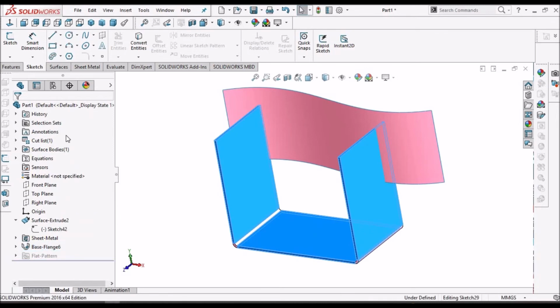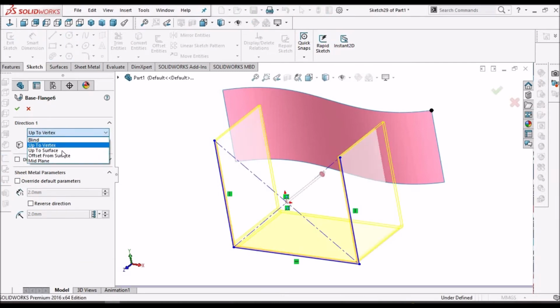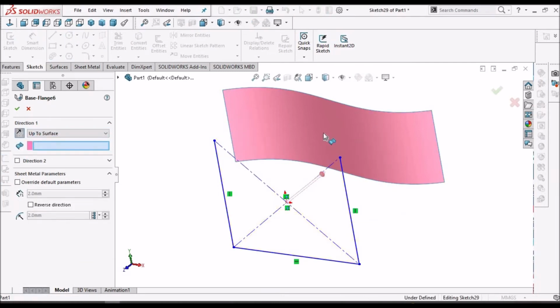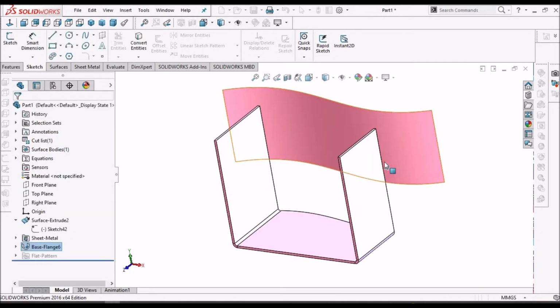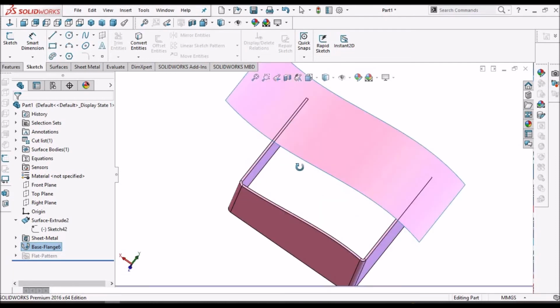Now let's go to the other option. Up to surface. Click this surface. See, it moves up to this surface.